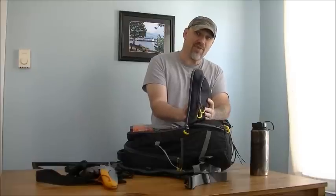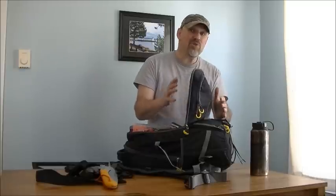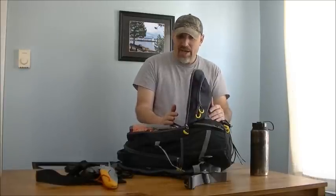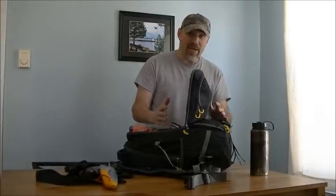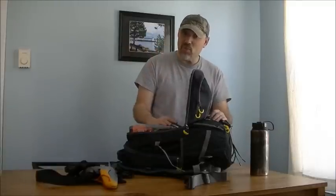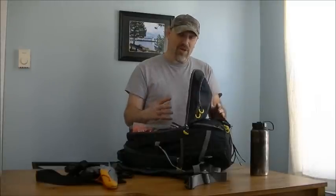Now, this backpack, I got this from Lightake. It is a very low priced bag, but I use this a lot on day hikes and such. And like I said, it is waterproof or very highly water resistant. It's a very good bag for the price. I'm going to leave a link down below where you can check that out as well. But if I needed another bag for whatever reason, a cheap bag, on a budget and so on,